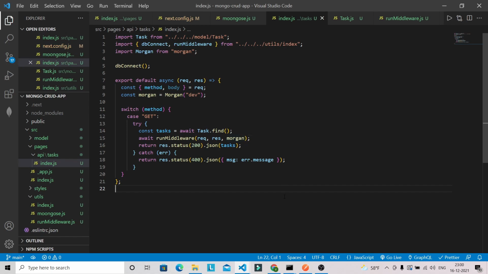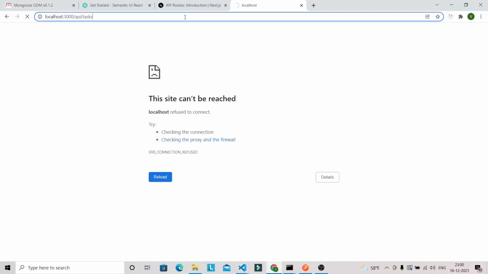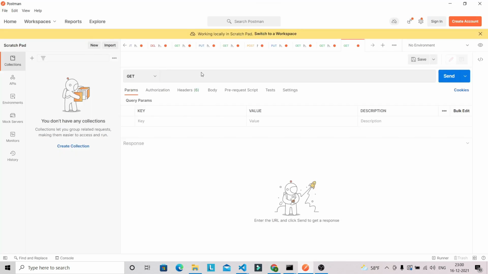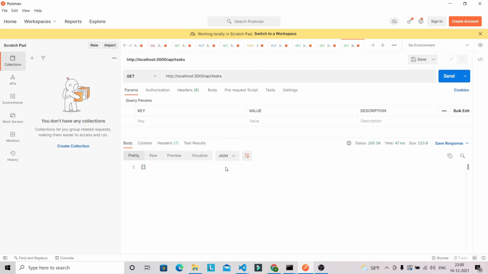If you go to the browser and refresh, you can see that we have got this empty array, and we can also test this in Postman. In Postman I'm just going to paste it here, and if you send it, you have got this empty array because currently we don't have any data in our MongoDB.